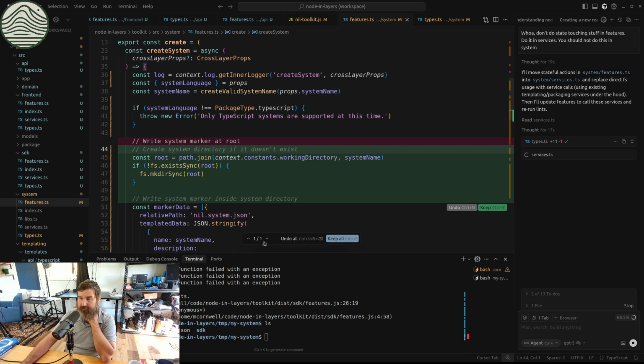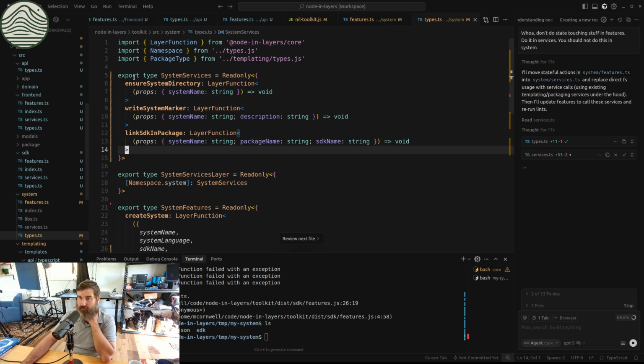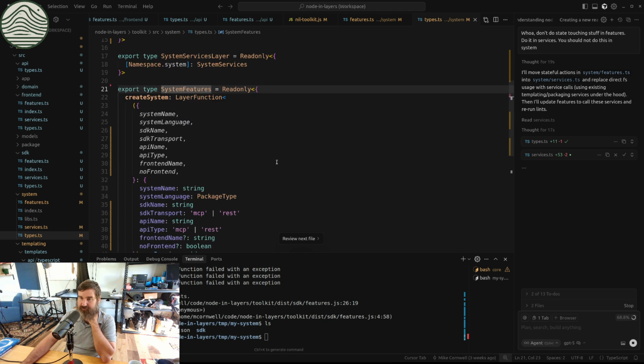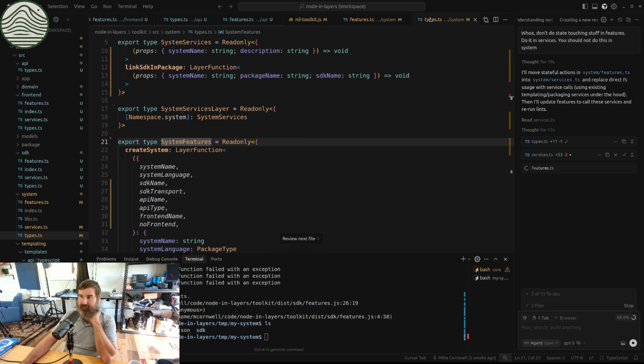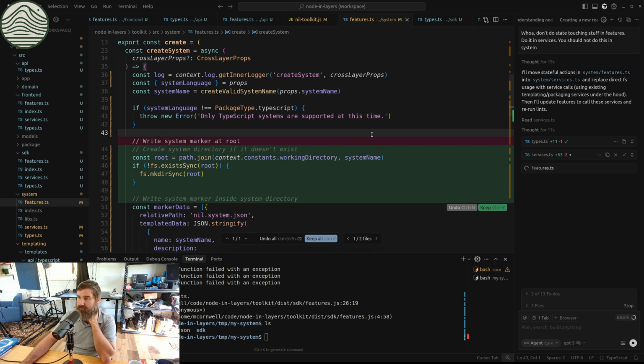I'm not even going to pretend that's not true, because you have to define what's in your system, what's in your services and what's in your features. I'm very well aware that that is verbose. The services, especially if you don't want to expose them, maybe not the most important type thing, but they definitely would need to be exposed here. But if you're doing it in JavaScript,